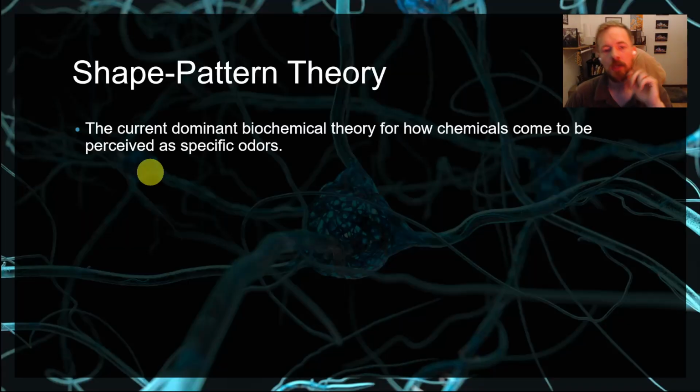All right, so there are two big competing theories for how we are able to smell things and perceive them, and I'll just be honest with you. I think pretty much by now most scientists agree that it's shape pattern theory. So I'm going to tell you a little bit about vibration theory also, but really I think that shape pattern theory is the one worth spending more time on because it's the more preferred perspective on how smell works.